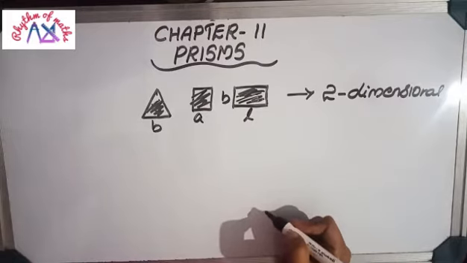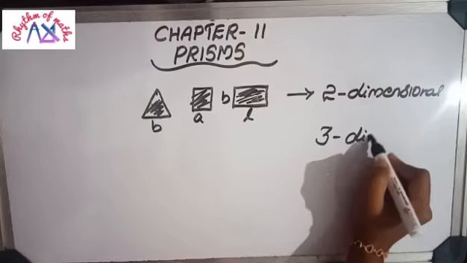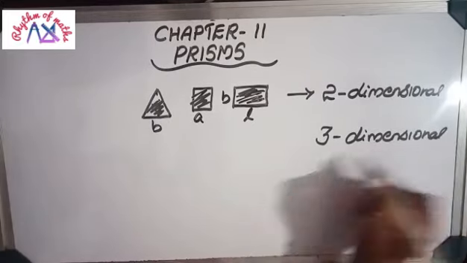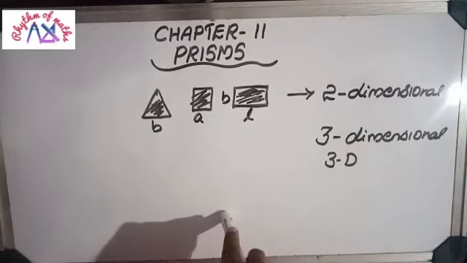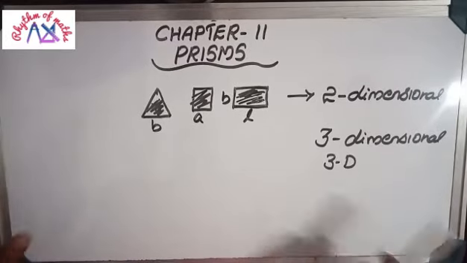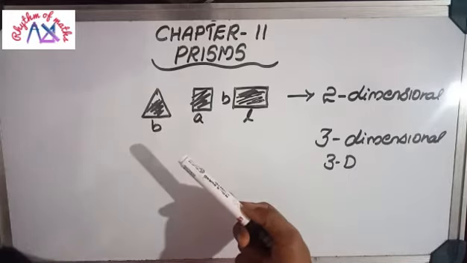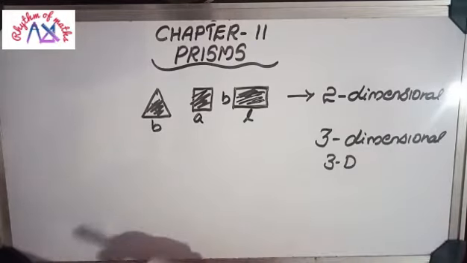Now in this chapter we are going to learn three-dimensional objects. What do you mean by three-dimensional? Three-dimensional means 3D shapes. That means 3D shapes we cannot represent exactly on a paper or board, because in addition to the represented portion, other portions will also be there. That we have to imagine. Those shapes are known as three-dimensional shapes.